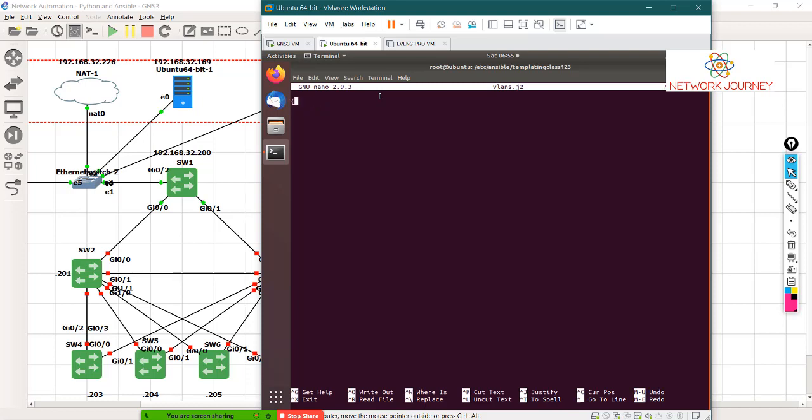So Jinja follows a certain format for that. It has three main things: one is condition, the second is defining variable, and the third is the comment section. I'll show you the first thing, that is condition. When you write a condition, that could be a for loop or while loop, you start with a curly bracket and a percentage sign. You're going to say for VLAN in VLANs. Now let these things get over. You will get your answer.